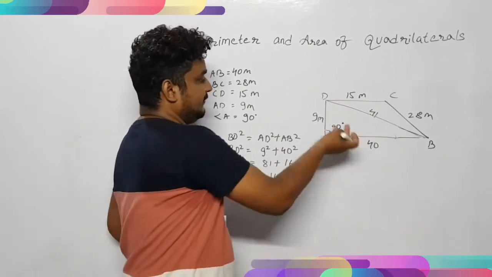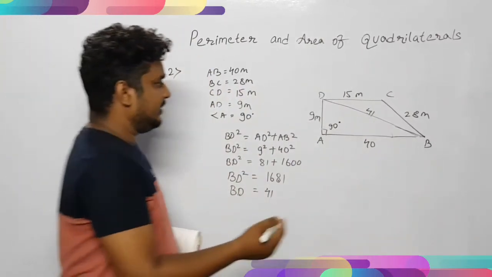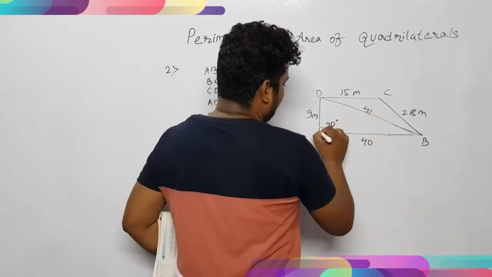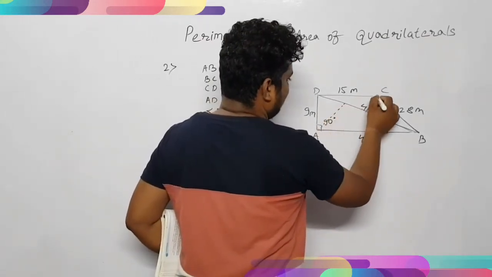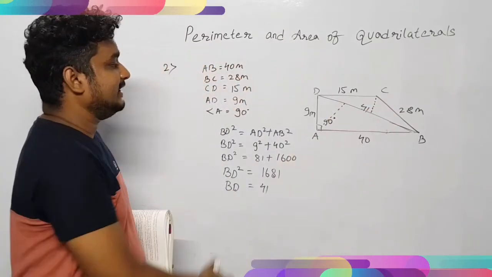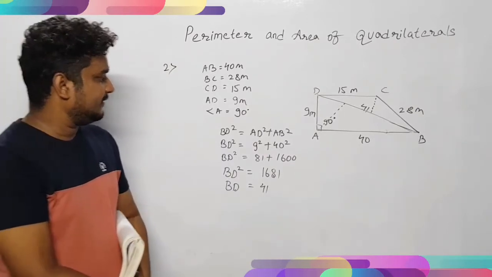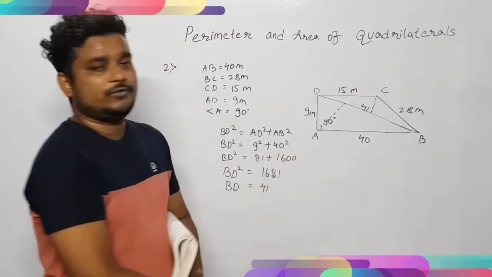So one of the diagonals we have got, and the next thing we need to do is, if it is possible, find the other diagonal, and if not possible then we will find the respective height. Like this we will find the heights, and when we find these heights, we can get the answer. Clear with this? So let's see how to find the height over here.